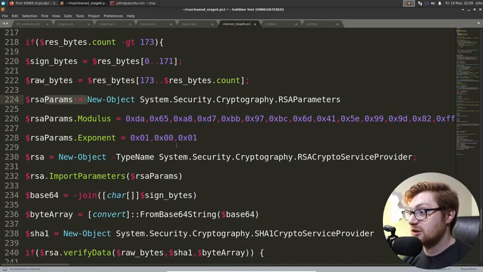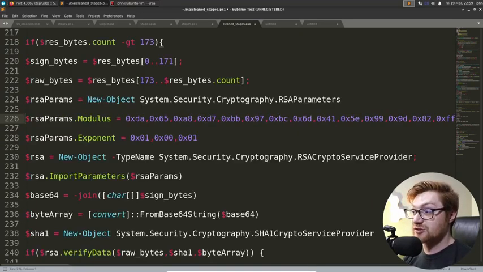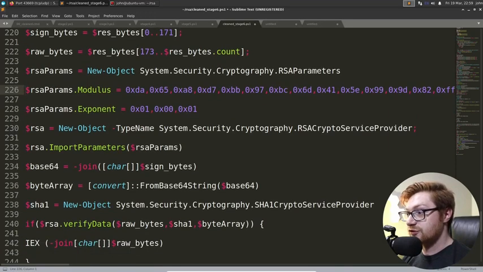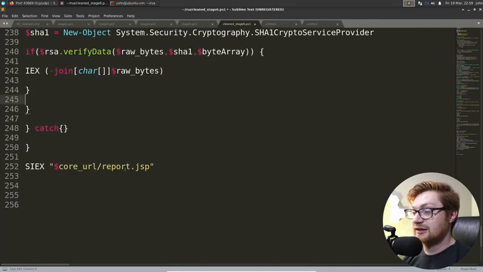RSA parameters all being added again, the exponents, the modulus. I'm assuming these are all going to be the same values as what we saw previously. And of course, new object, checking all of these, base 64, signing it, creating it, verifying that data, executing it all. Kind of neat. And it sends it all back to that core URL